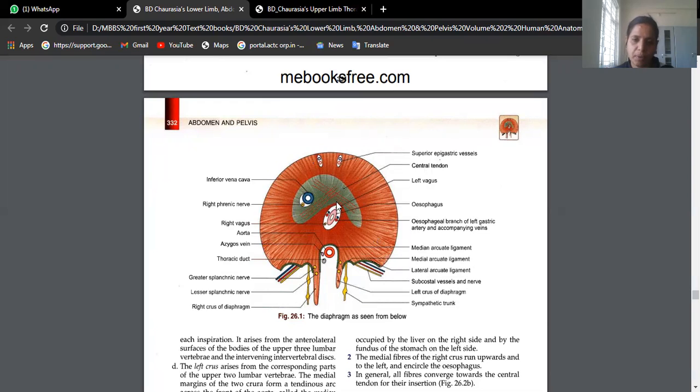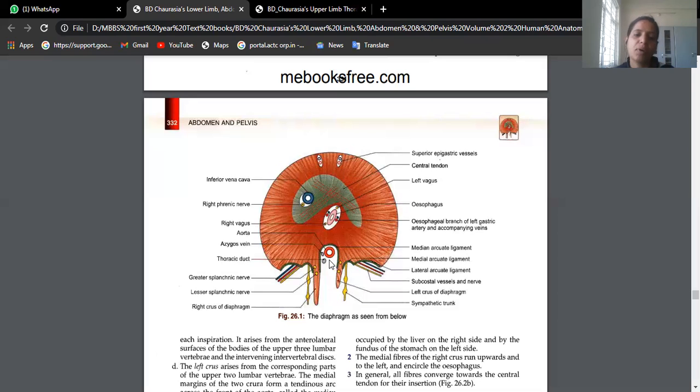Central tendon. Okay. Now see here, it is something like trilobar: it has one lobe, this has another lobe, and anteriorly it has one more lobe, or tongue-like projections. Then you are finding there are certain openings in the diaphragm. 3 major openings are there and many minor openings are there.